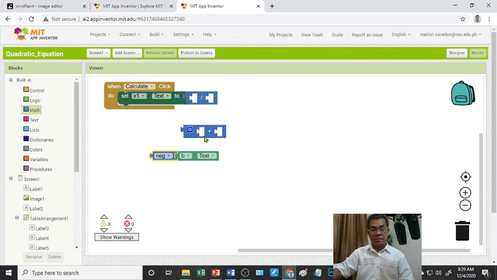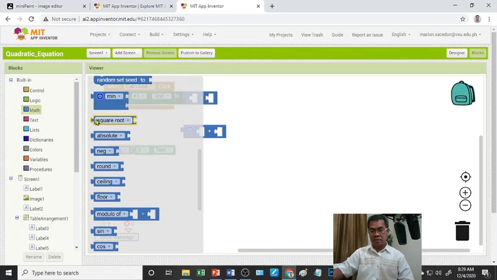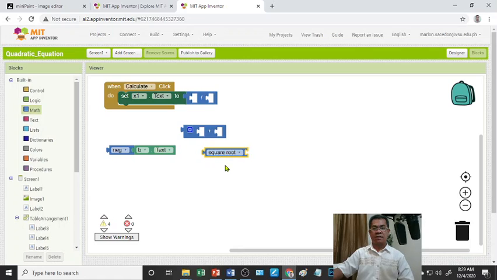So the formula says that this is what? Negative B. So place it here. Minus or plus square root. So we will find it. So this one is square root. So math again. Find the square root. This is your square root. Okay. After that,